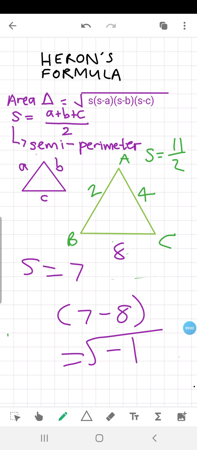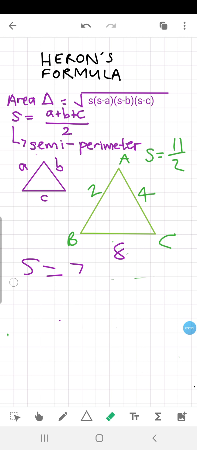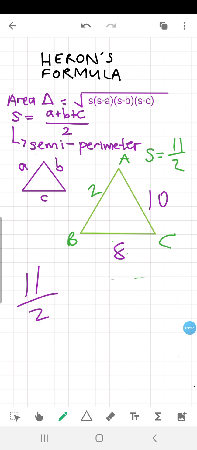And remember, this is under a square root. So that will give you an error on your calculator. And that is the problem with Heron's formula. It doesn't work for every single triangle. As long as your semi-perimeter is bigger than all of your sides, you're fine. If you had another number that was bigger, like let's say this was 10, then it will work out because